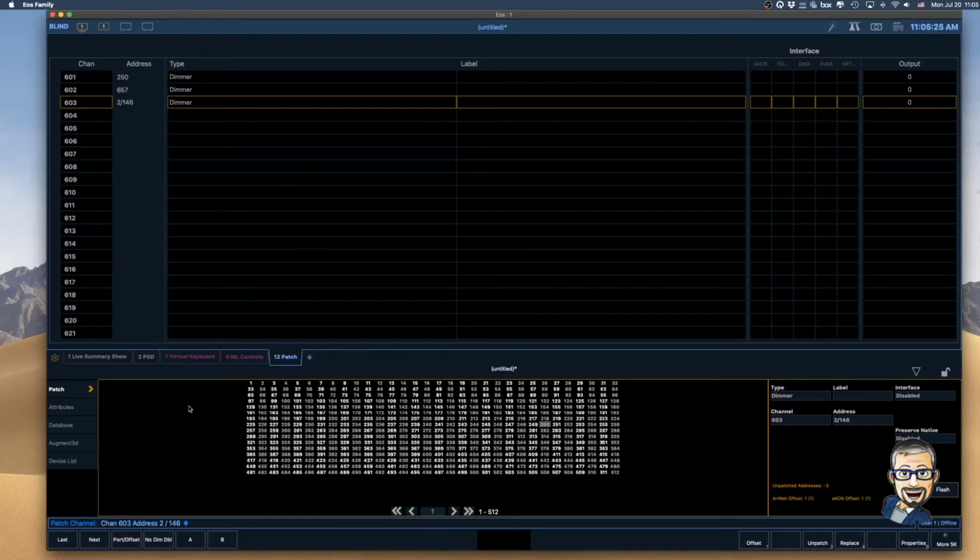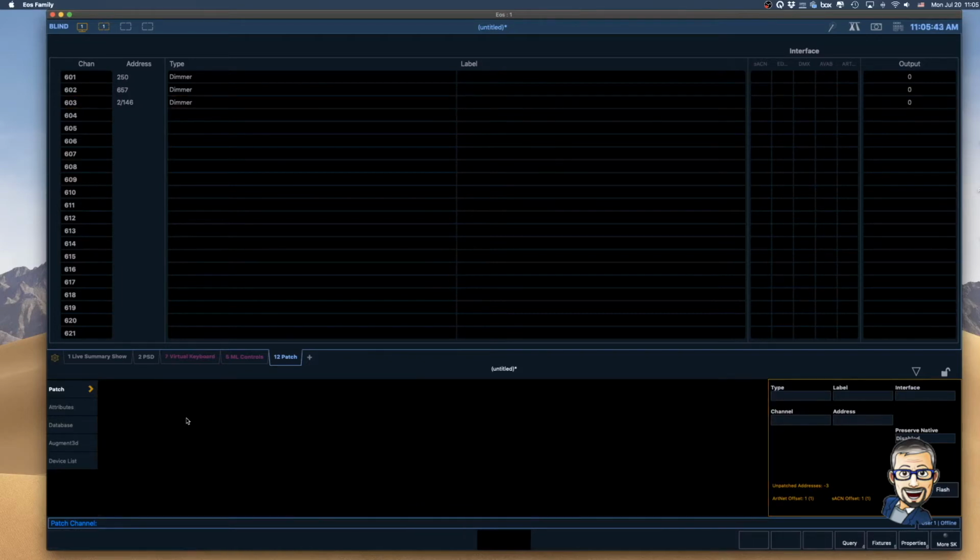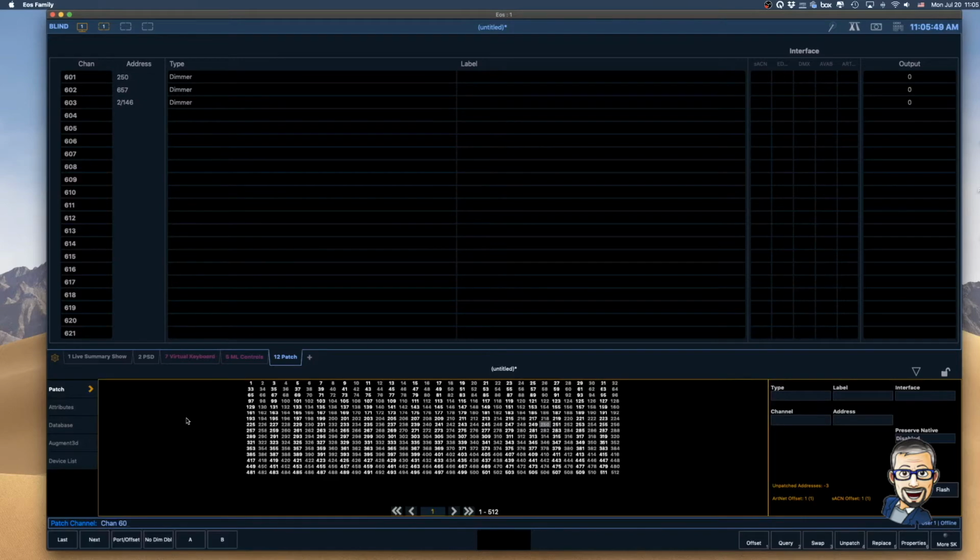And we're going to do that here in just a minute. Okay, the next thing you might want to do is patch a range of channels at once. The reason you might want to do that is because it could speed up your programming time. When you're in tech or you're getting ready for tech, every moment counts. So I'm going to clear out my command line by hitting clear, or it's delete on your keyboard at home. So type in 604 through